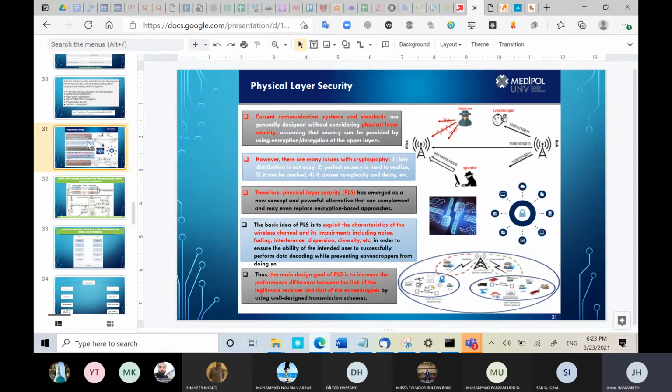Therefore, physical layer security is one of the key concepts and powerful alternatives that can complement and may even replace. Now, I said here it can complement and may even replace. Some people claim that we cannot depend on physical layer security alone to secure our systems, but we can use it as an additional security layer that can improve our communication security,